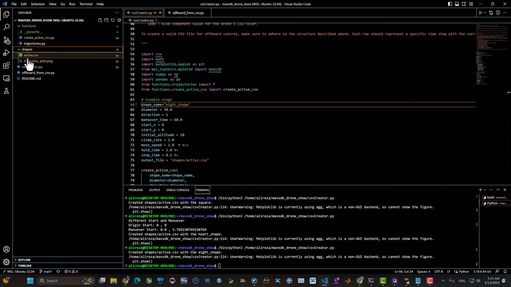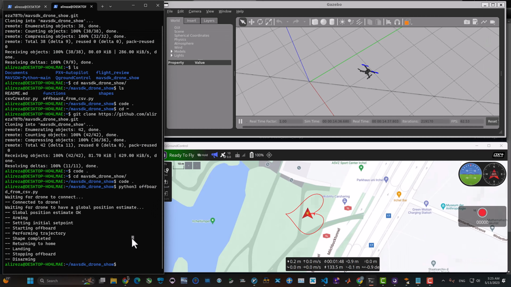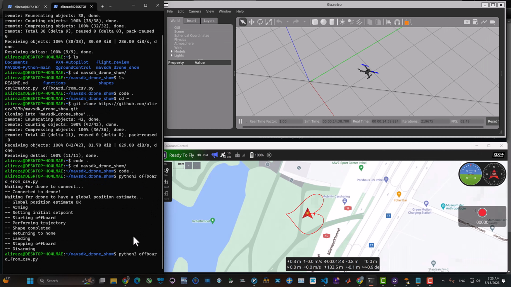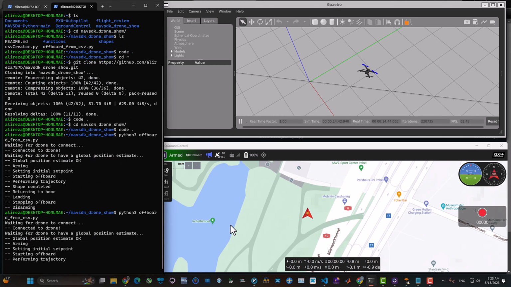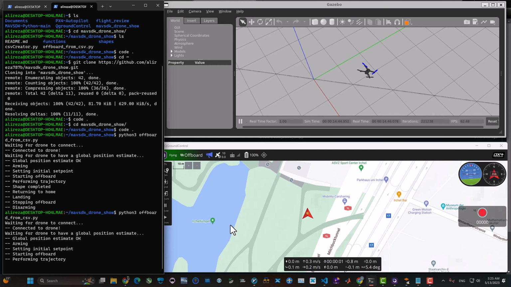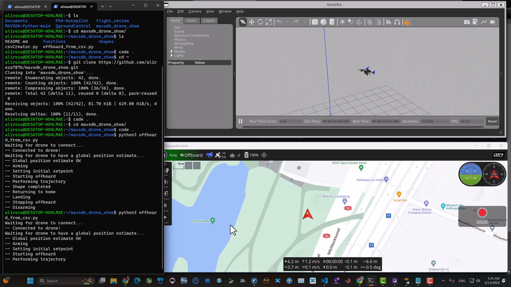We can go on with the command offboard from CSV file. Again, the drone is ready, and we're gonna send the offboard commands. And again, we're gonna relax and enjoy the drone show. Armed. Offboard flight mode. Although this trajectory that the drone is traveling right now might not be very interesting, but